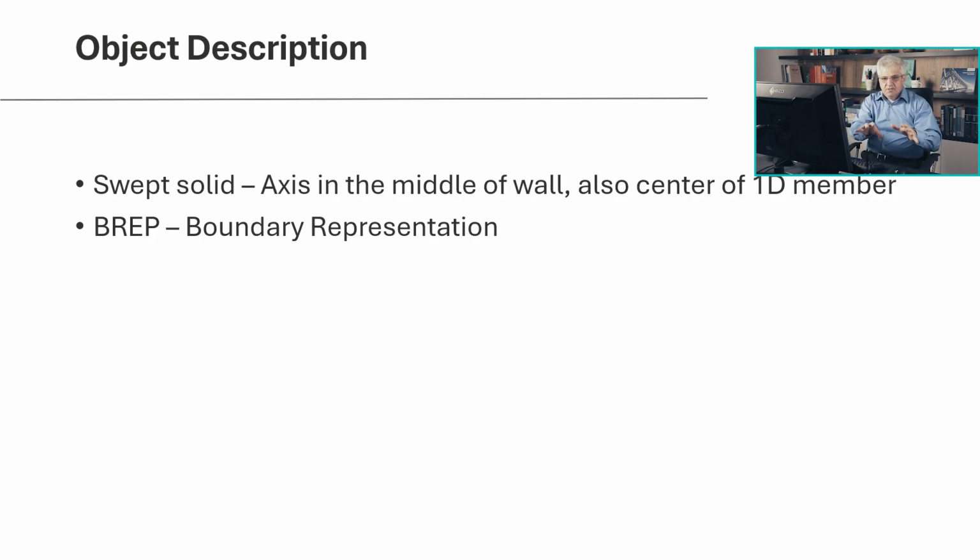Then there is the header of the file, and there is also the description of all these objects: columns, walls, plates, and all openings, whatever you want. And there are two common ways to describe these 3D objects. The first one, which we want, is swept solid. In swept solid, you have